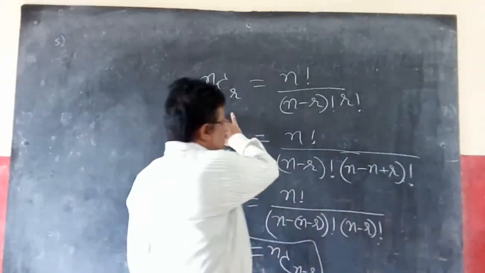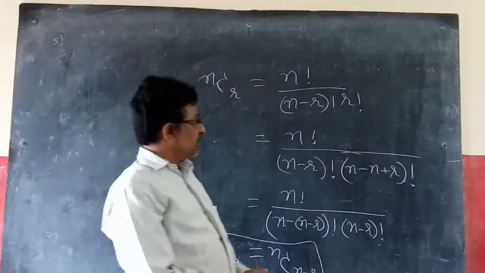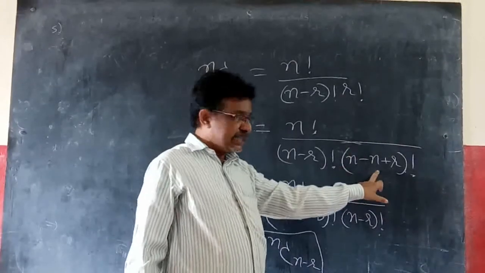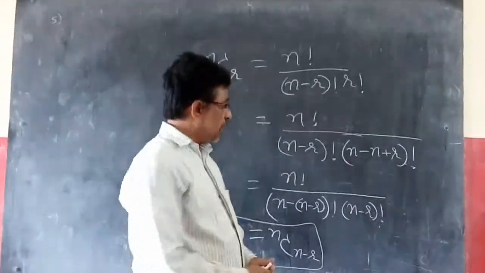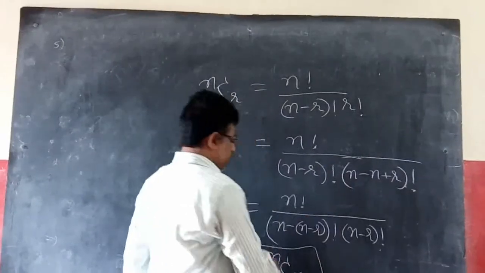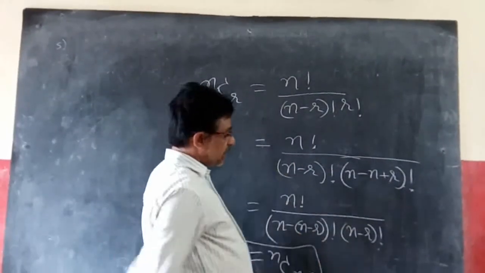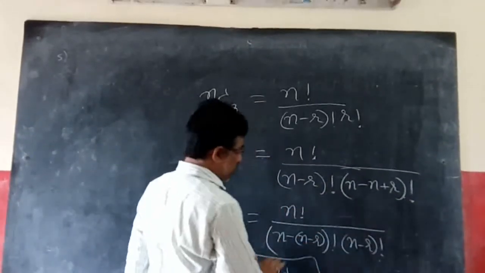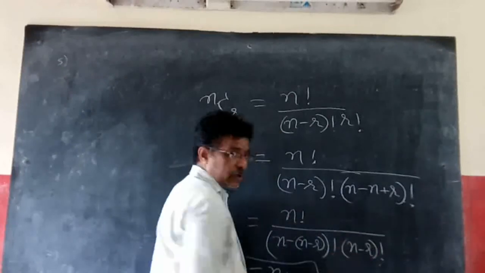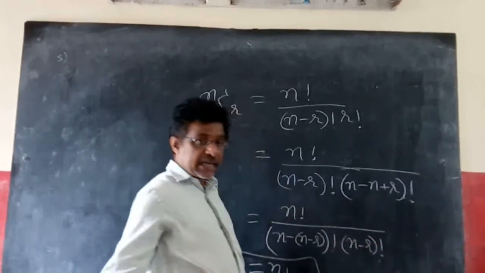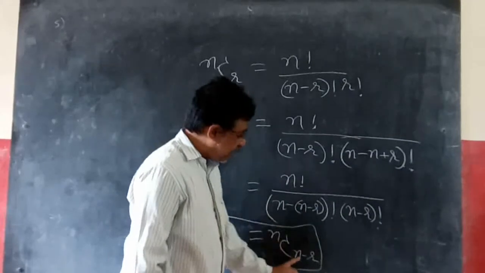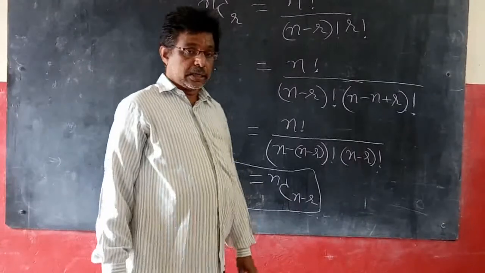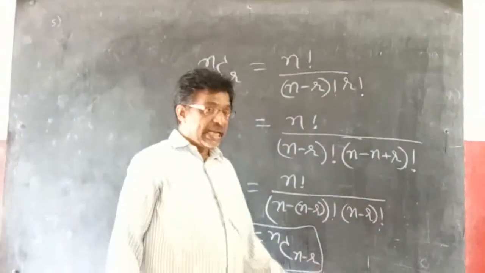Now this formula we know, and from this I am extending. Observe this r factorial, I am writing it as plus n minus n, adding n and subtracting n. Now if I take minus common from these two, we get n minus r factorial into n minus r factorial. In place of r we have n minus r. So nCr is always equal to nC(n minus r).